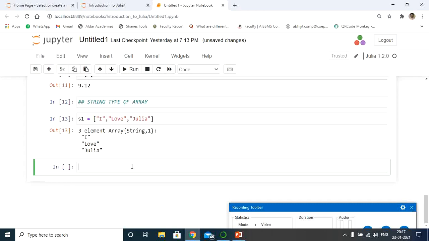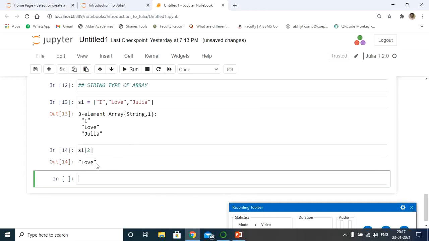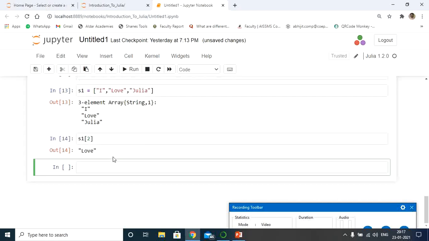If you want to display using the indexing technique, you can use s1 of, let's say, I want to display the second element of my string type array. So I'll mention s1 of 2. It should display the element as love here. So it has displayed the element as love here. Understood?